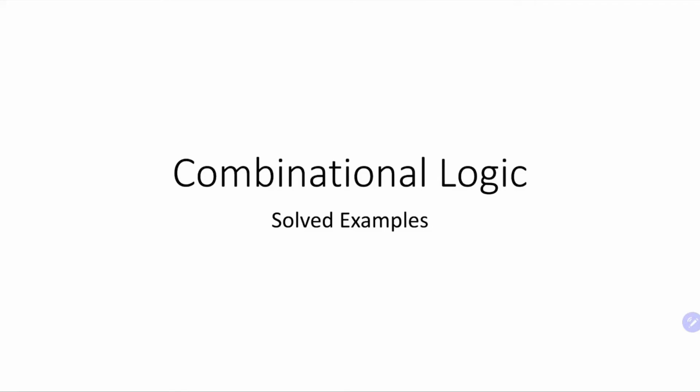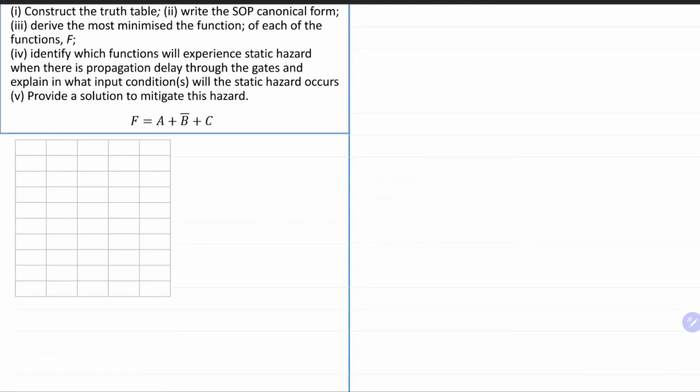In this example, we're going to look at combinational logic circuits. So here's a list of tasks that you're asked to do. So first, to construct the truth table, and then write the sum of products in canonical form, and then derive the most minimized functions of each of the function f,